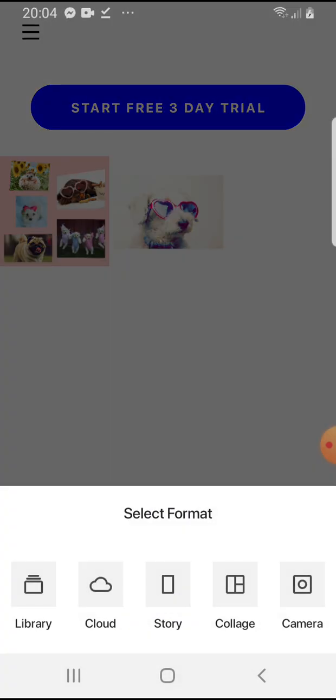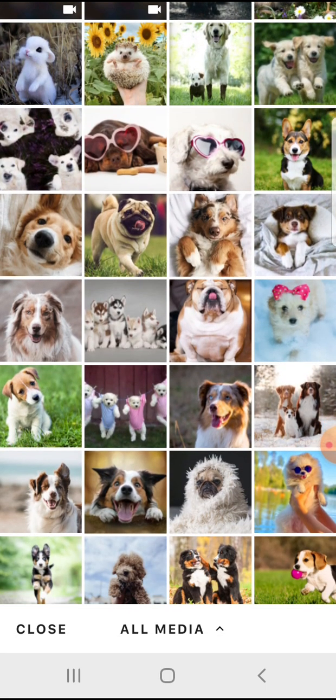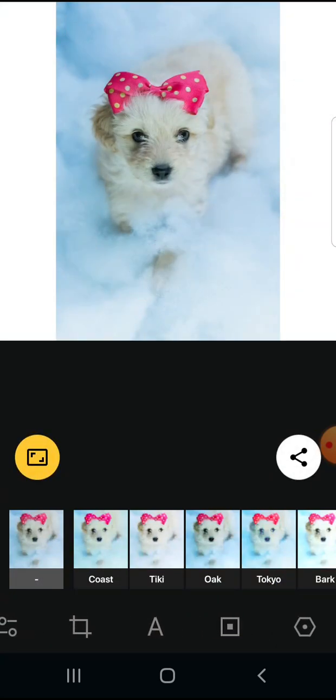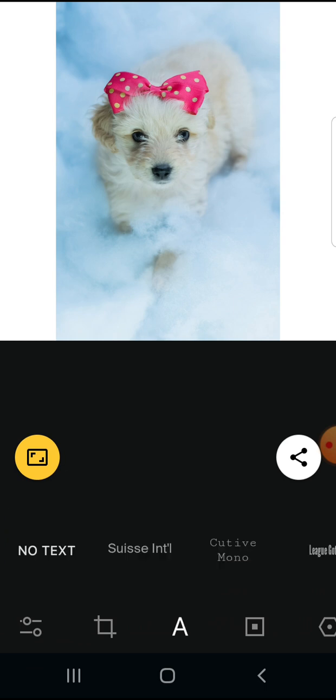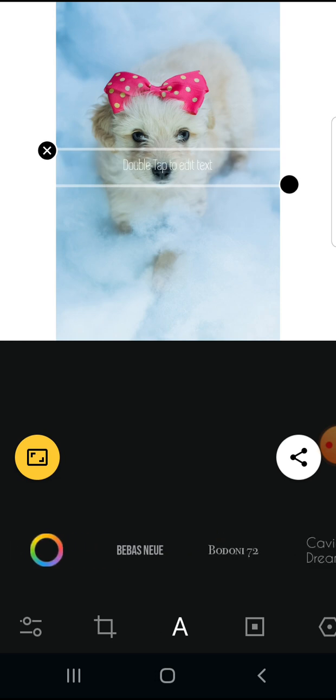Open the Instasize app, tap on the bottom on this plus icon, select the first option, the library, then select a photo from your library. Then on the bottom in the menu bar, if you swipe to the right, here you will see an A letter. Tap on the A letter, then here you will have some